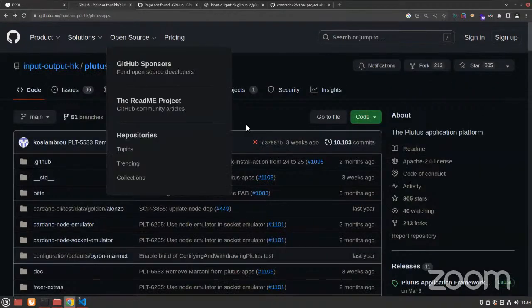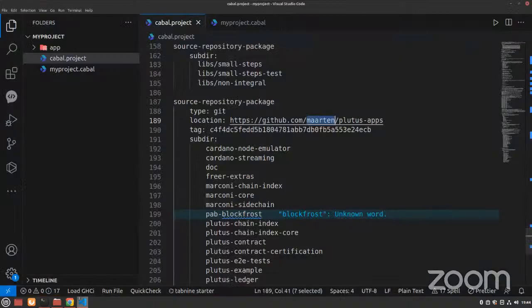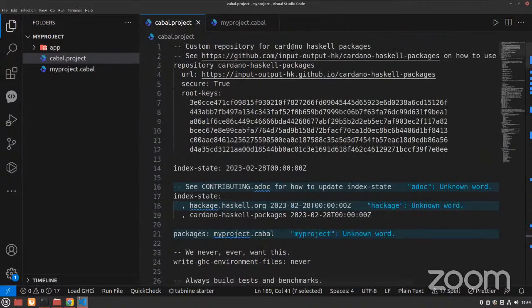We are considering people are reasonable, so they don't suddenly make things private, but maybe even forking would be actually safer. I haven't thought about that. I'm the kind of guy who just waits until disaster happens and learns my lesson. Yeah, I wanted to just have everything in one folder. So yeah, it is possible. And I don't think there will be an issue with regard to Haskell, Cardano Haskell packages, because again,